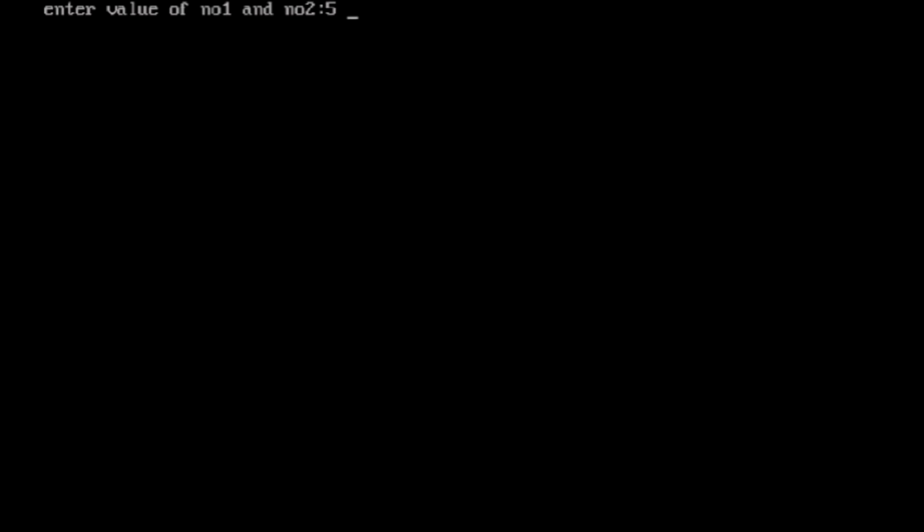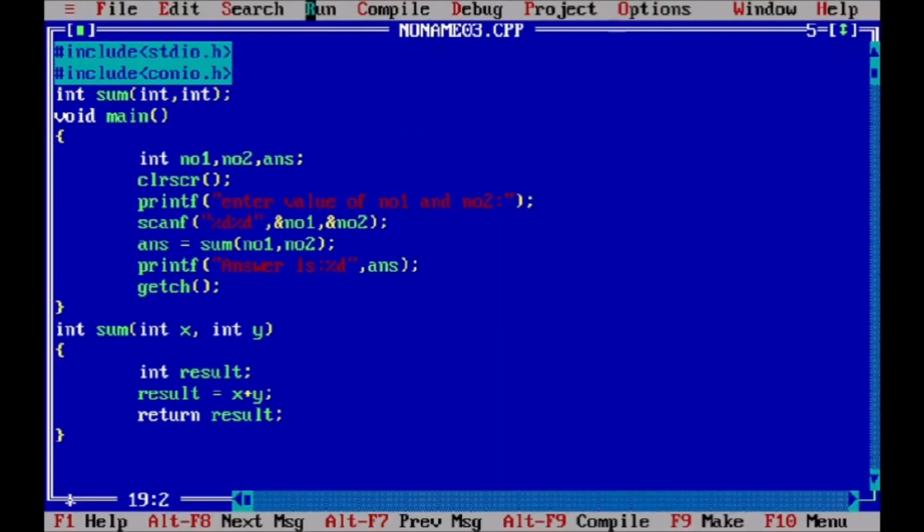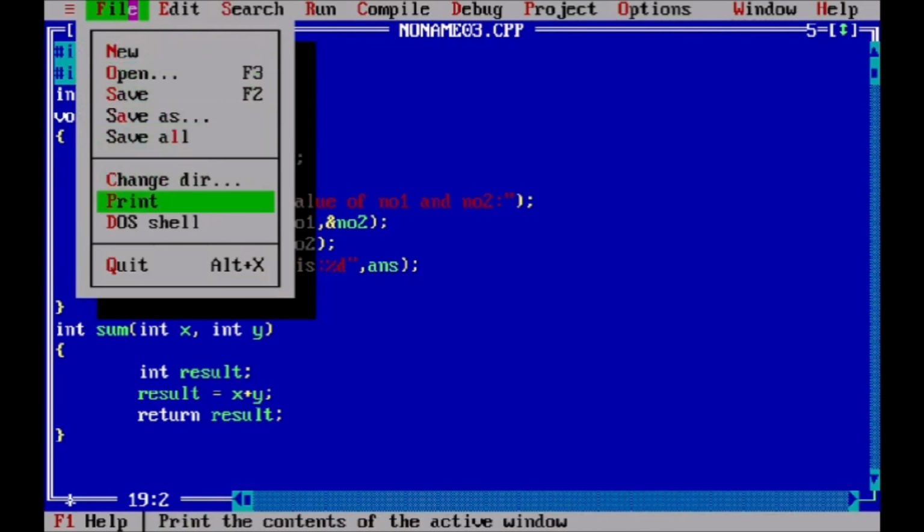So 5 and 7. So the answer is 12. Okay. So this is how we are doing a user defined function with an argument and also with returning a value. Okay. And now we are going to our last category,